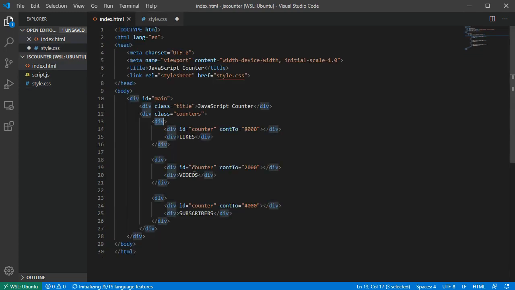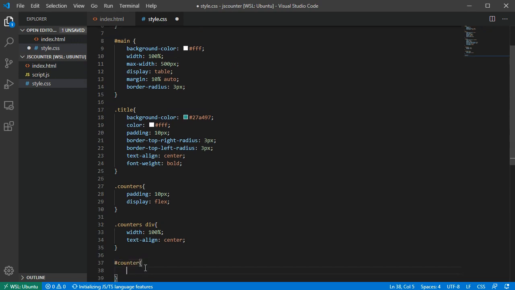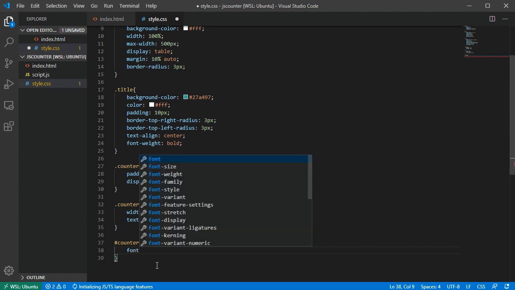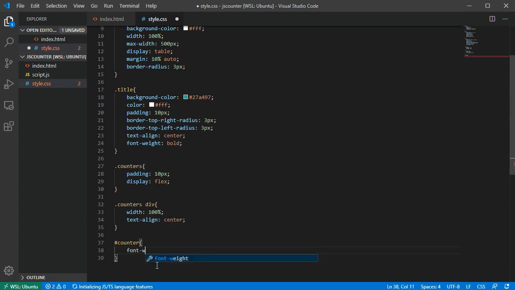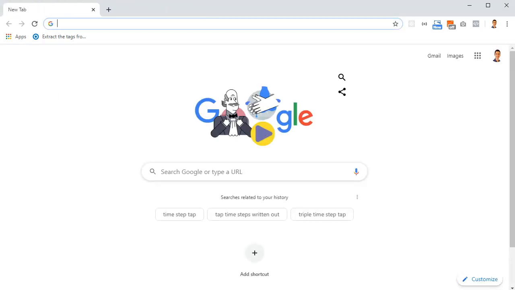and the next one is the div ID counter. So we have ID counter, and this is, let's just assign the font weight bold, like this. Okay, now here I'm using, let me just close this tab, that's the old one, and I'm using